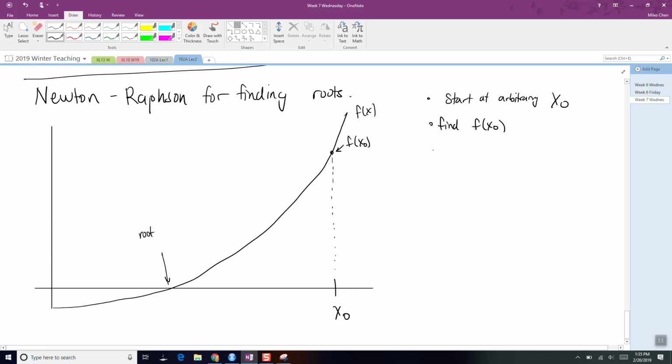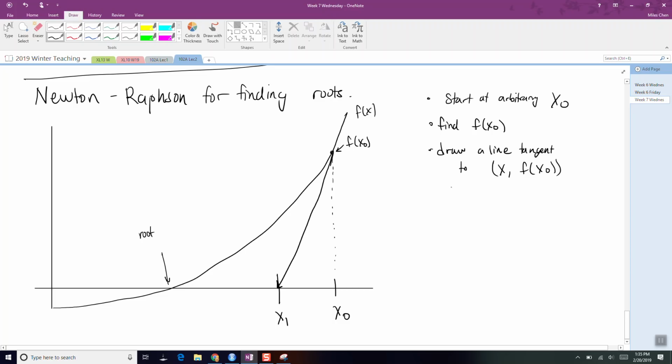And then I draw a tangent line, basically to the point x0 and f of x0. Okay, so I'm going to draw a line tangent here, which will go something like this. Okay, and so this is my tangent line, and where it crosses here,